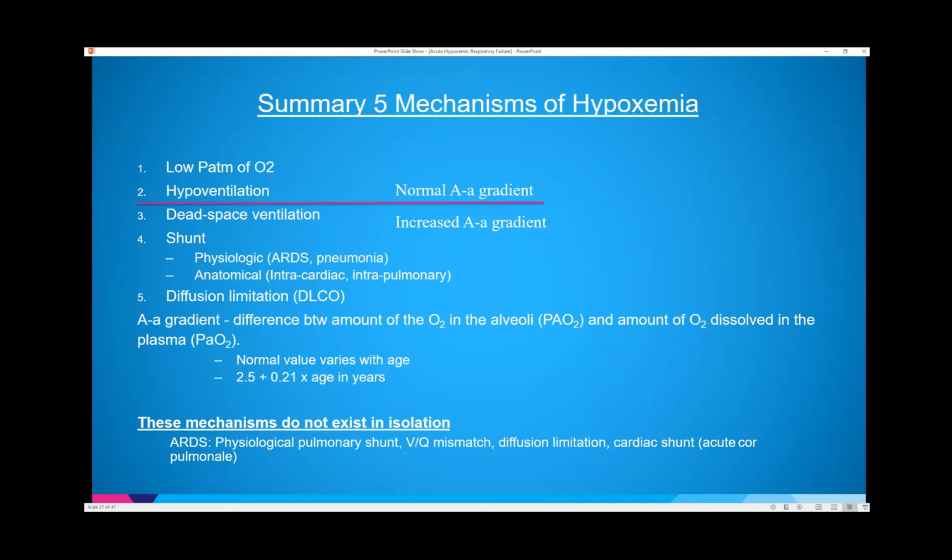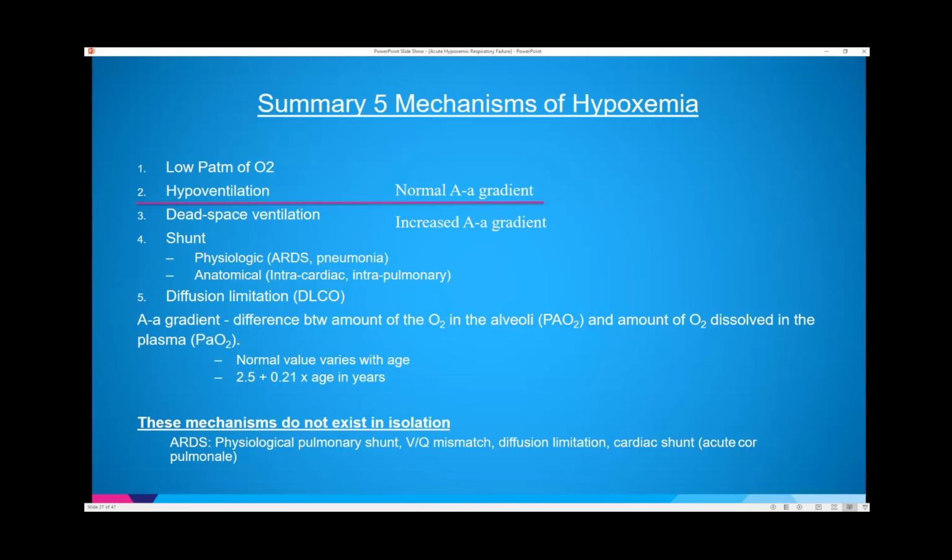And I think probably the second most important point after understanding these 5 basic mechanisms is knowing that they don't exist in isolation, right? I really just tried to use a case-based scenario so you could understand the basics of it, but ARDS can be quite complex. And I give an example down here. You could start off with a pneumonia and have a physiological pulmonary shunt. That can progress to ARDS, and then you start to have hyaline membrane formation and decrease in diffusion, right? So diffusion limitation. I can then have microthrombi formation and dysfunctional hypoxic pulmonary vasoconstriction, and that leads to VQ mismatch